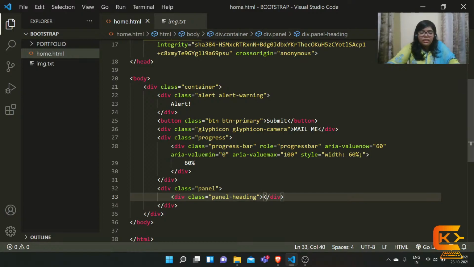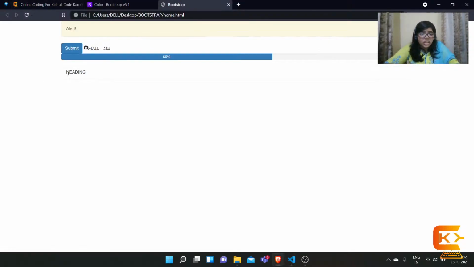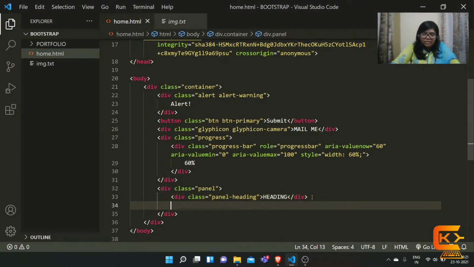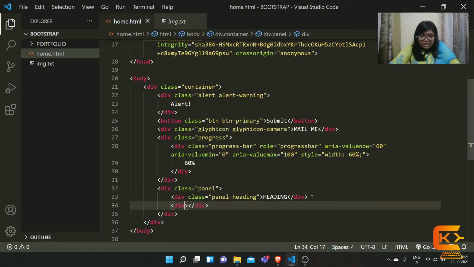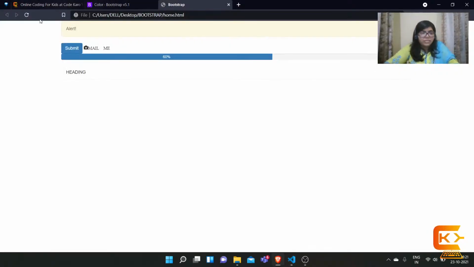Okay, and here I'm just giving a text heading. Now if you go refresh, you could see we have a box here which says heading. So this is a panel heading. Let us also give a panel body, then we'll check. So now I'm making another div, and this div will have the class panel body. So this would be the body of our panel and it would say body. Okay, if I refresh,